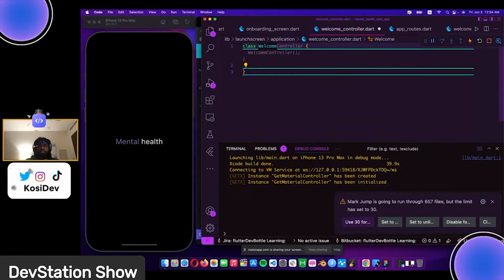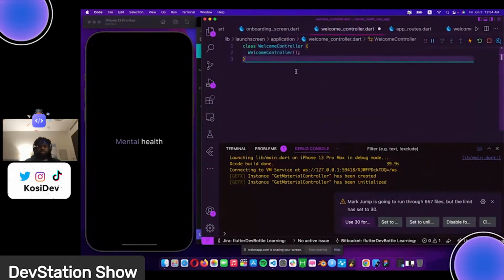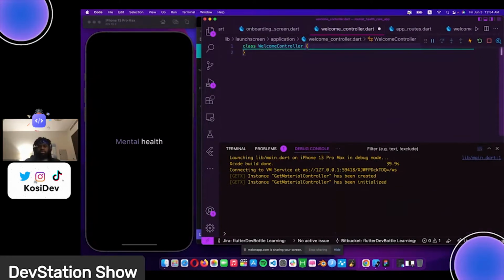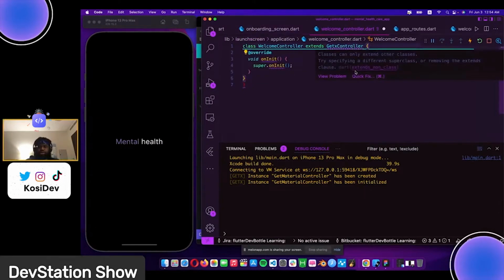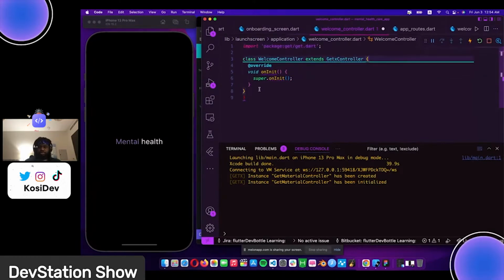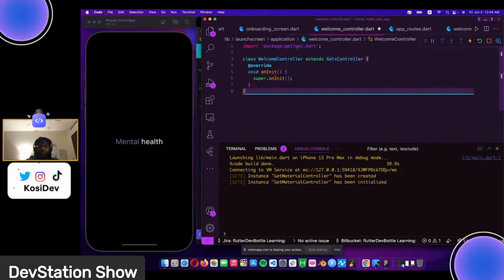Welcome controller, and say this should extend GetxController. Let's import this, and then let's fix something else we have here. So in here, we want to do something like